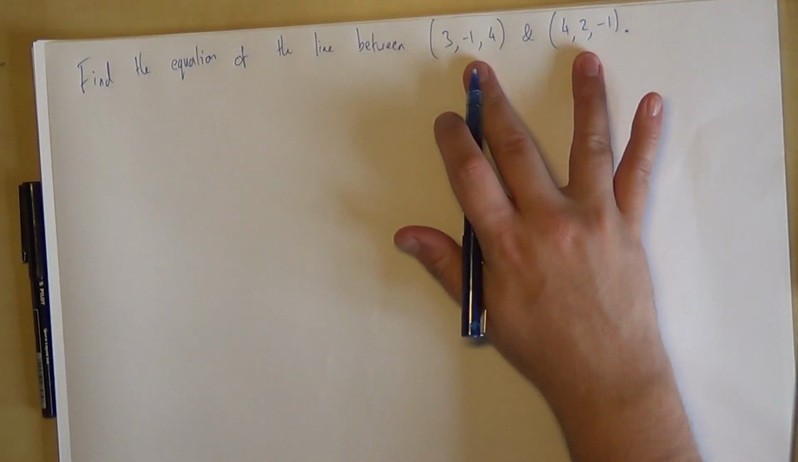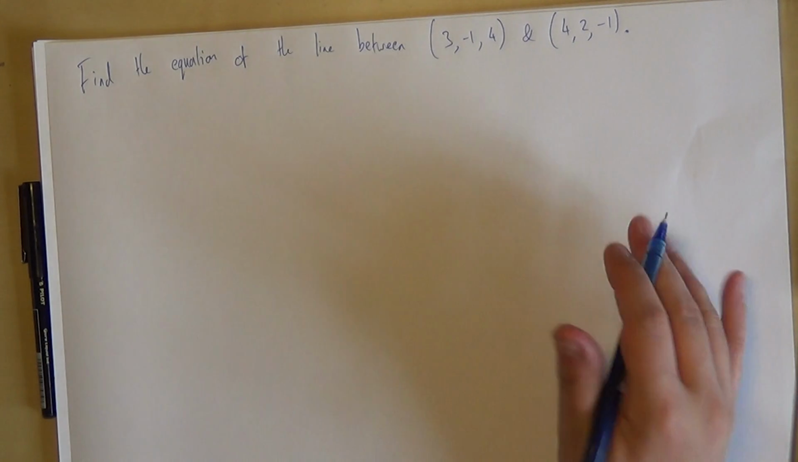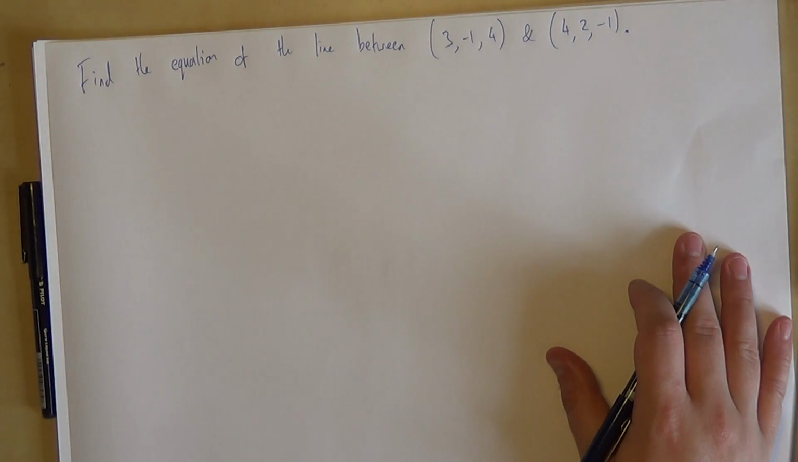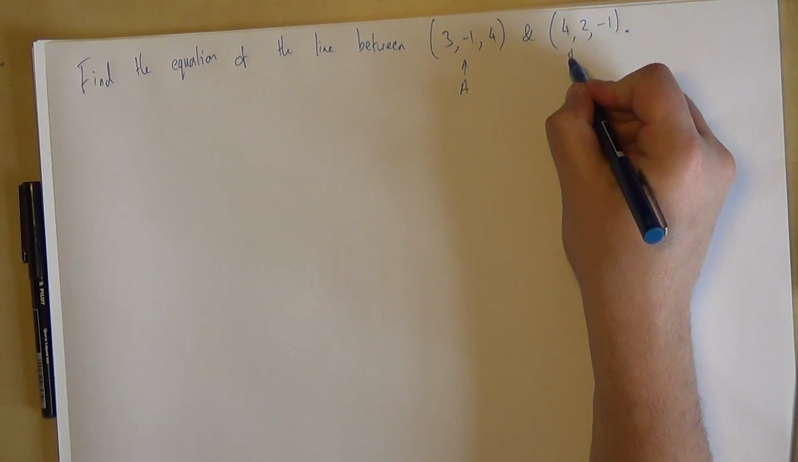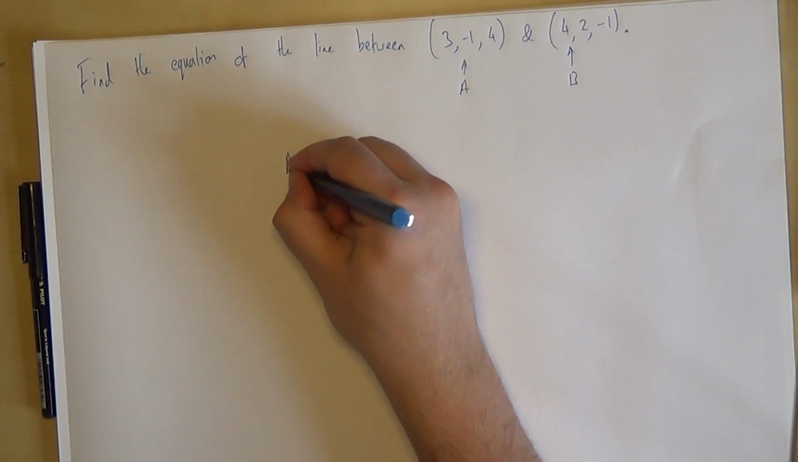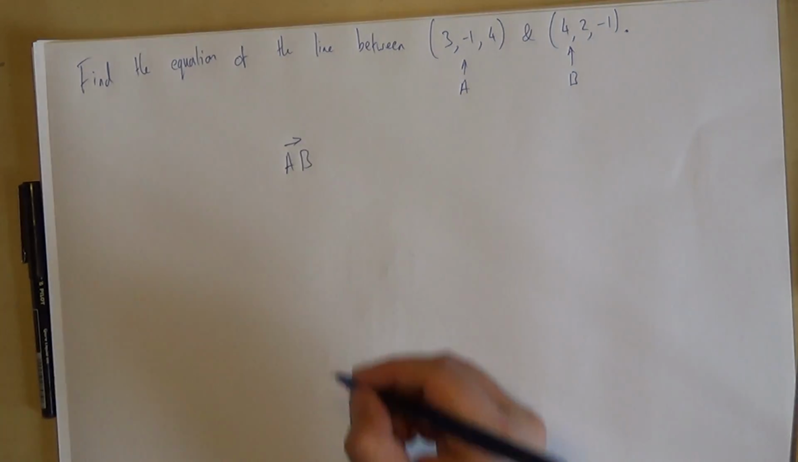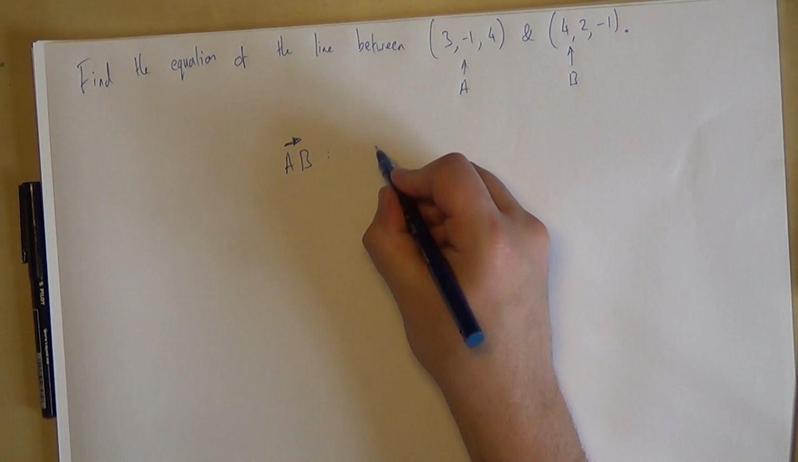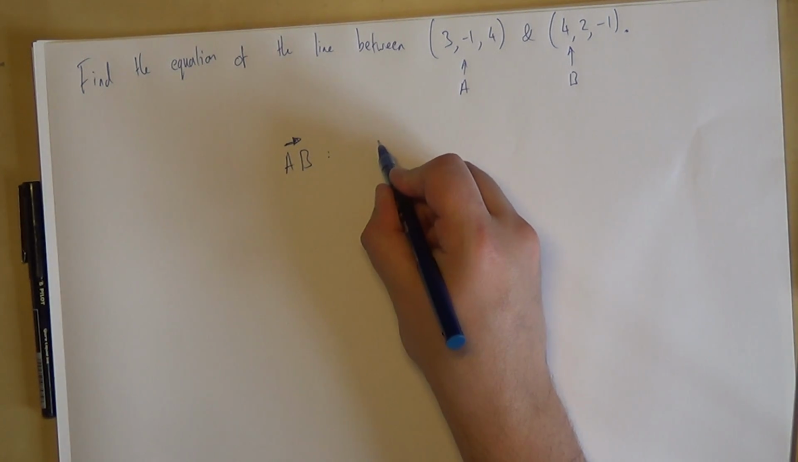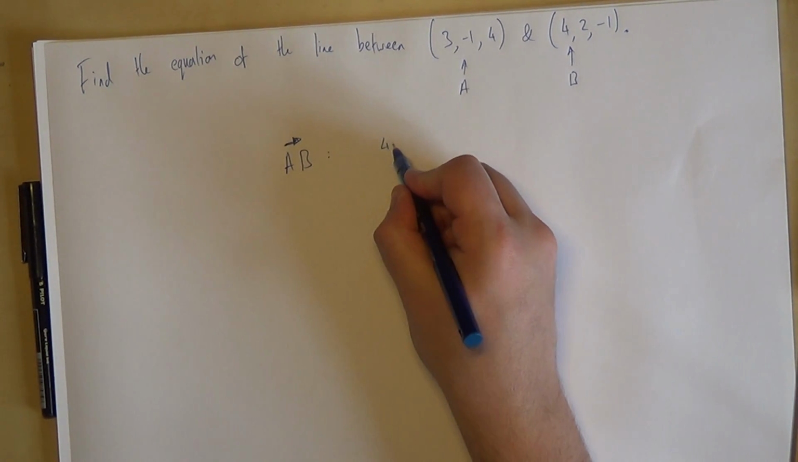Well, we've already got points, we've got 2 of them, easy peasy. Now the direction is going to be the bit that requires calculating. So if we call this point A and this point B, the vector that takes us from A to B can easily be calculated. So for the x component, we go from 3 to 4, so that's 4 take away